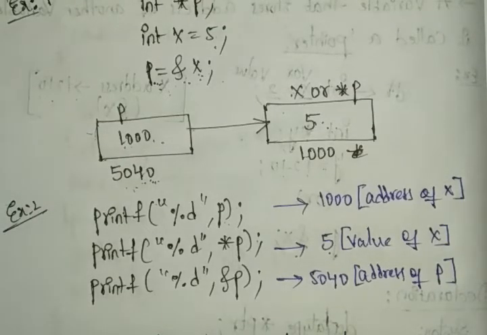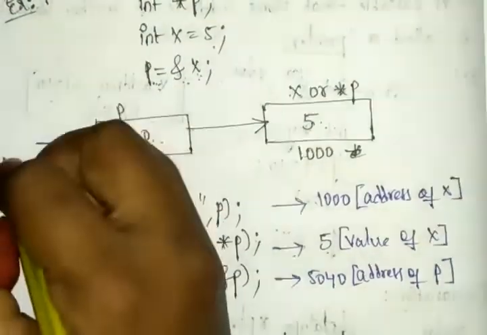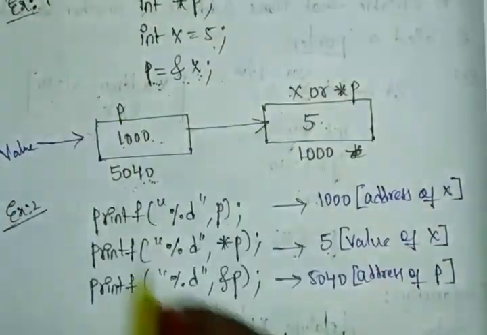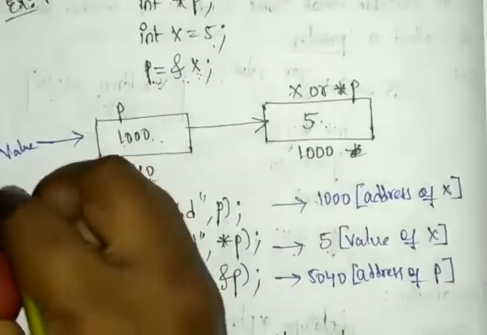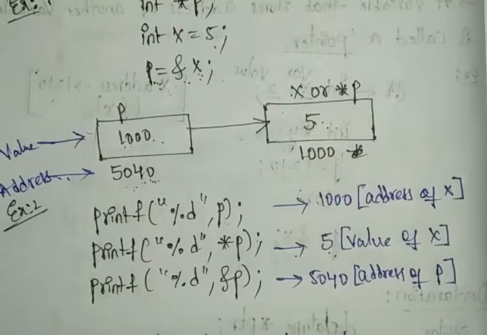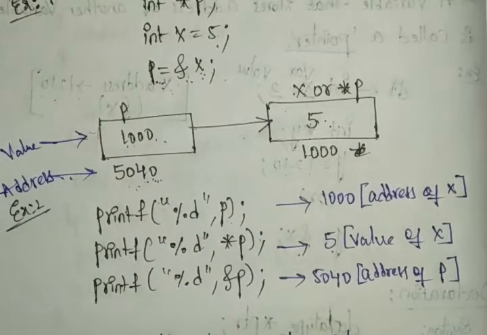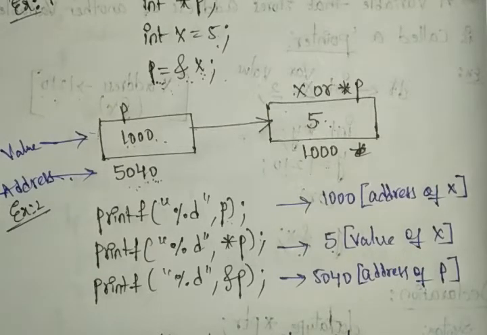So just you can imagine if you are writing this, this is our value. You can define here our values. Whatever you have, these are the addresses. Okay, so like this here you can identify it in our program. So this is assigning the address of the variable to the pointer variable.